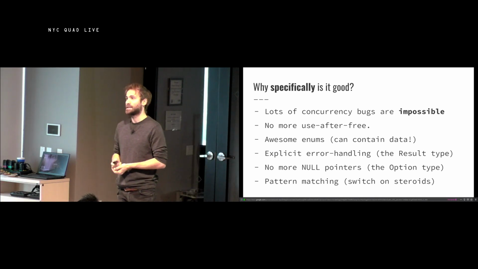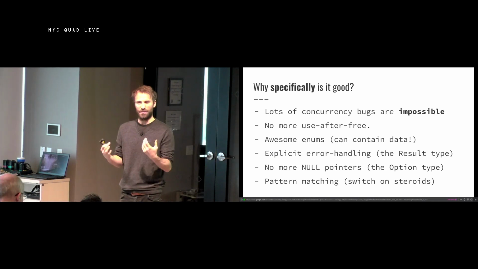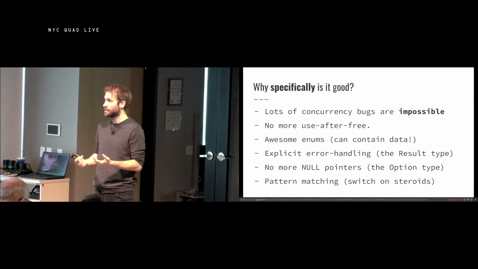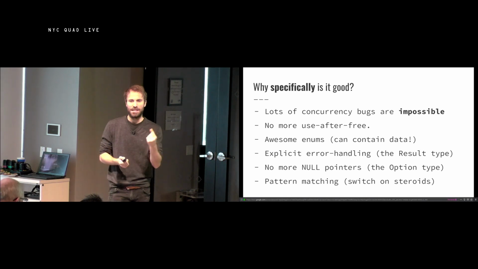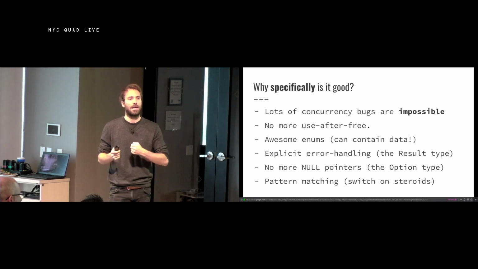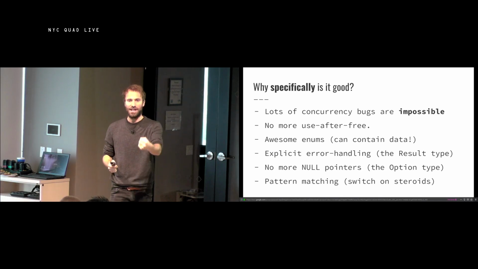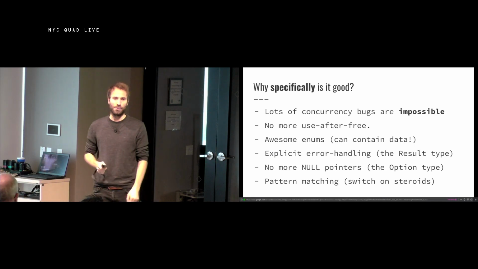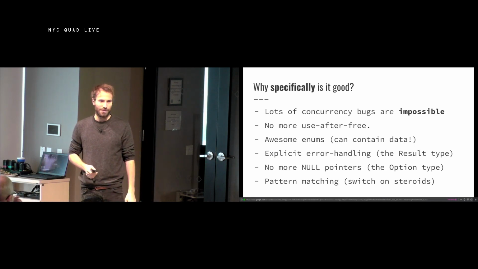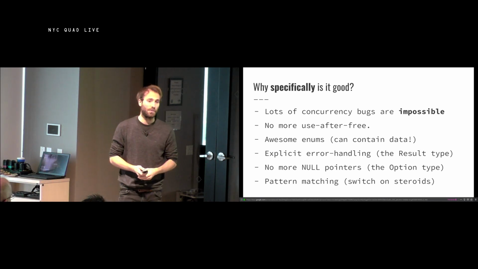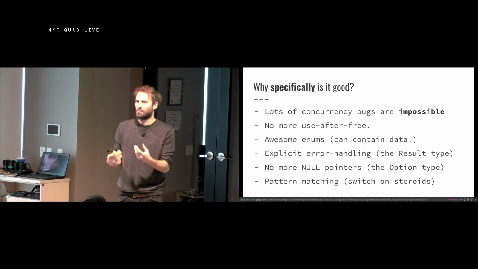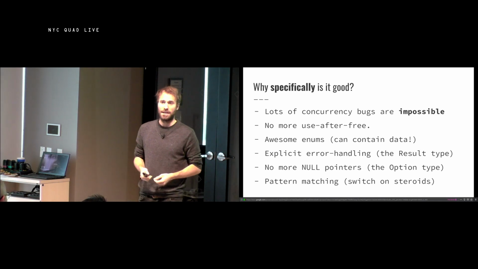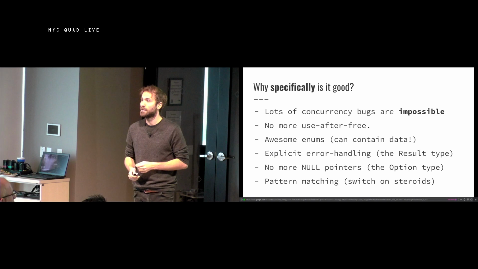And finally, Rust has this thing called pattern matching, which you can think of as the switch statement, but on steroids. It lets you do things like, let's say this computation succeeded, and also the value it gave was between 4 and 17, and also this other value is the string foo. You can do really advanced pattern matching, which helps write code that feels more Python-esque or even JavaScript-y than it feels like low-level C code.